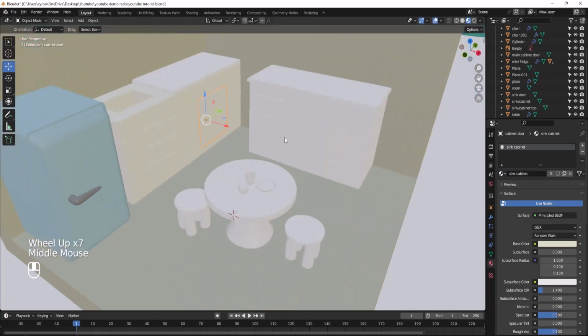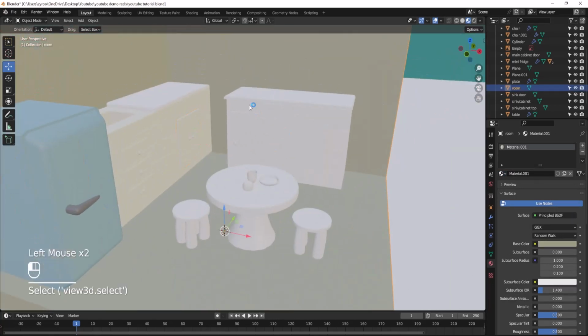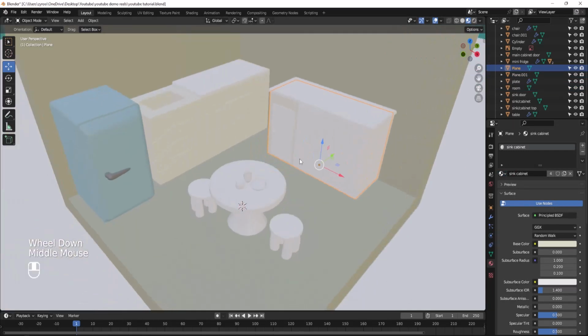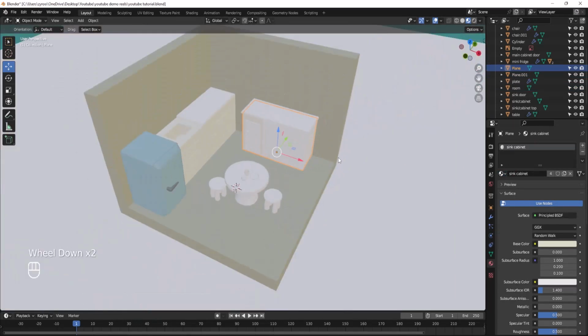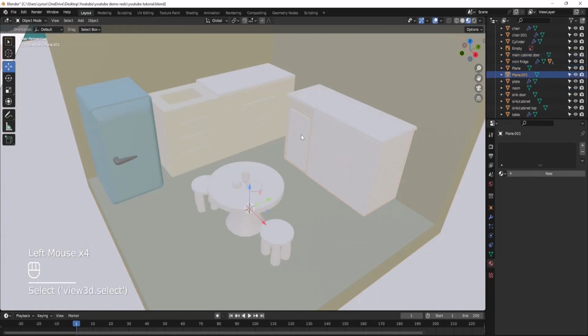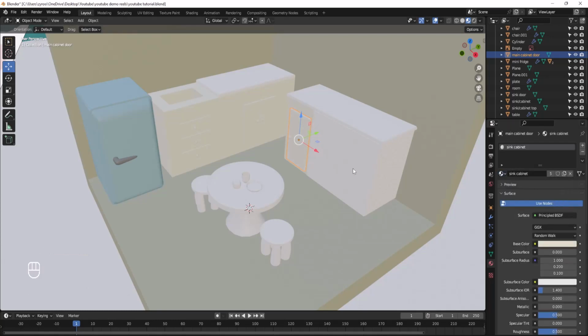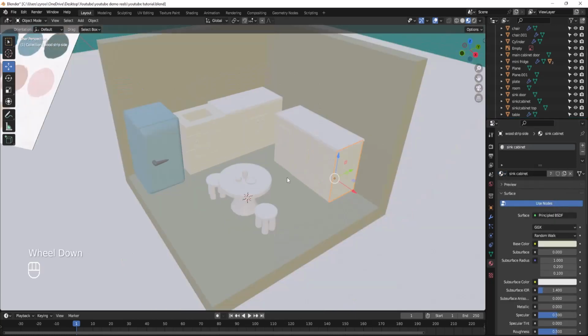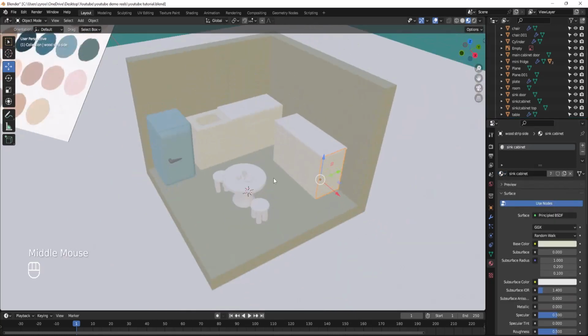Okay, so coming to this one, I'll basically use the same cabinet material for this. Then for this one too, the same material. Then coming down to the strips, the cabinet strip with material, like so. All right, so